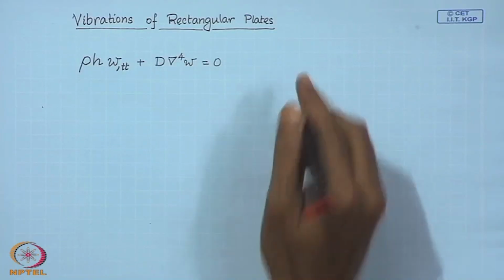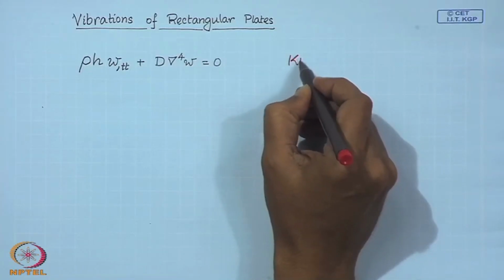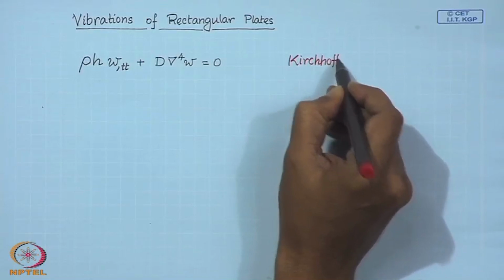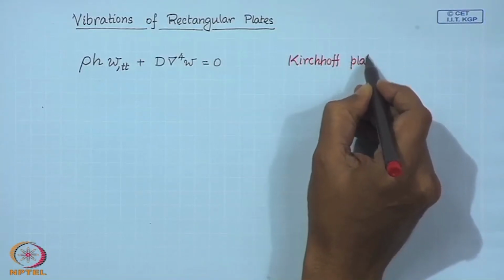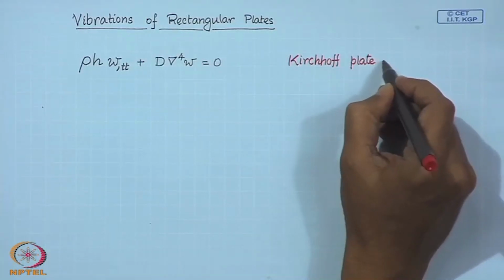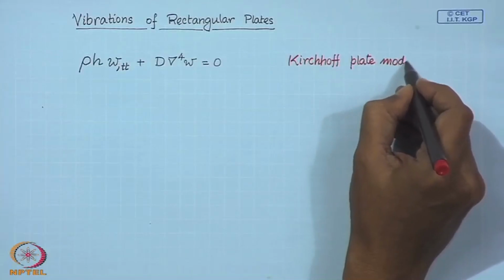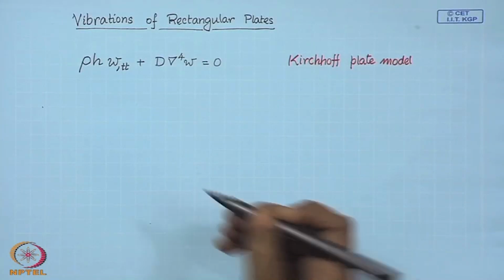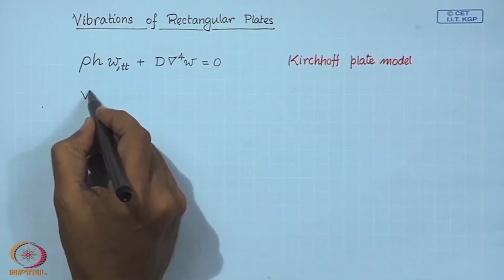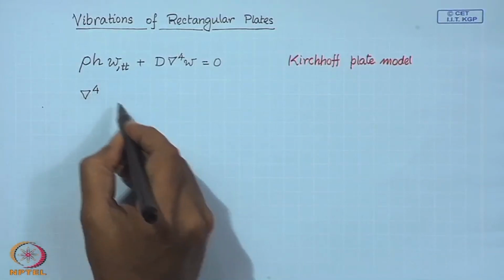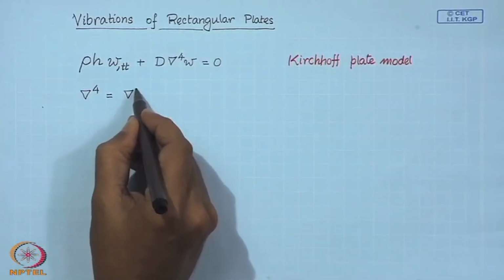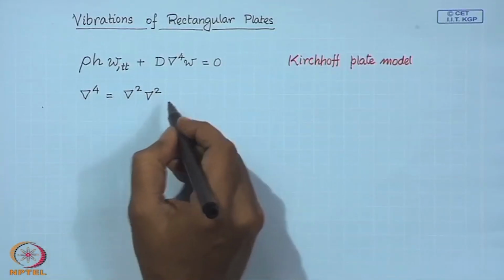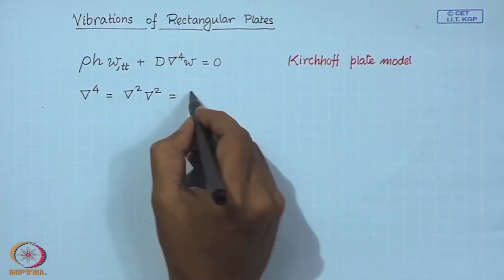So, this is the Kirchhoff plate model, where this nabla 4 is the square of the Laplacian, and that